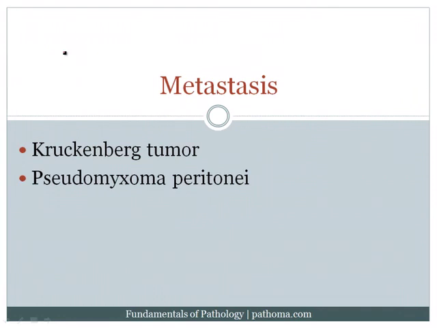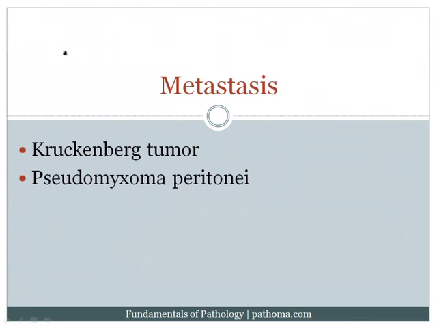The first is called the Krukenberg tumor, and the idea here is that we get a mucinous carcinoma from some site outside of the ovary that then subsequently metastasizes and spreads to both ovaries, so that both ovaries are then involved by mucinous carcinoma. Now, the primary site of this particular tumor can arise from a couple of places. Classically, the most common primary site would be a gastric carcinoma, in particular the diffuse subtype of gastric